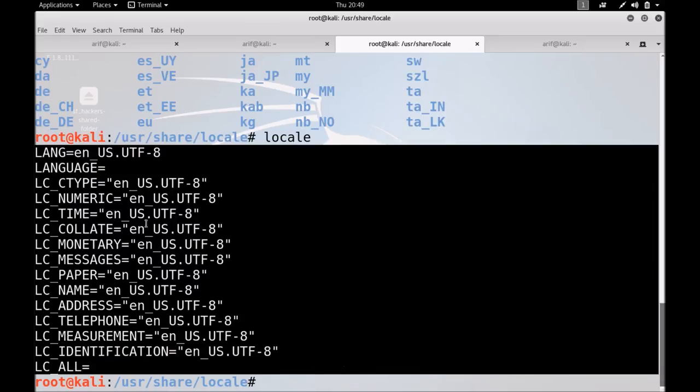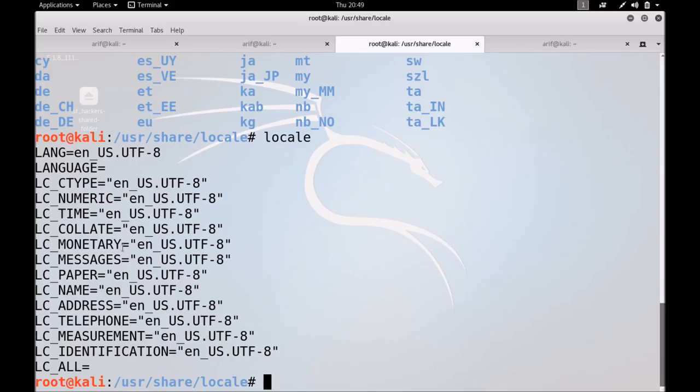It shows you different variables. For example, the language, the LC_CTYPE. Let me talk about some important ones. LC_NUMERIC holds the formatting rules for numbers other than the currency. The currency format is handled by the variable LC_MONETARY.